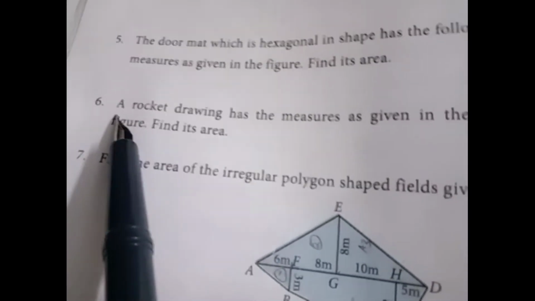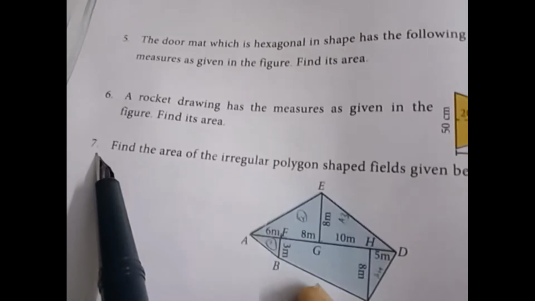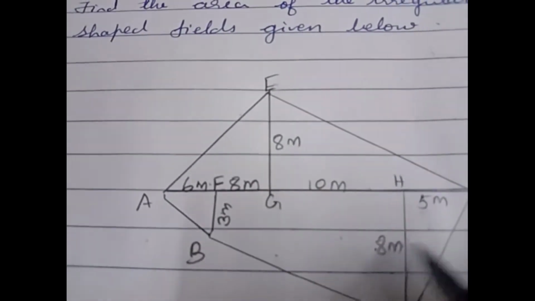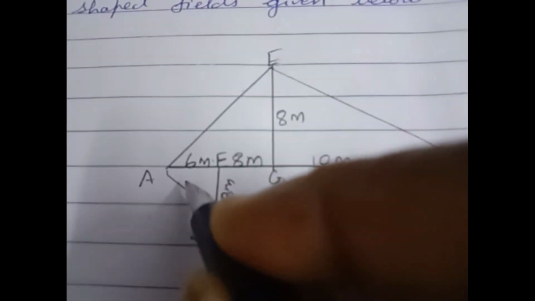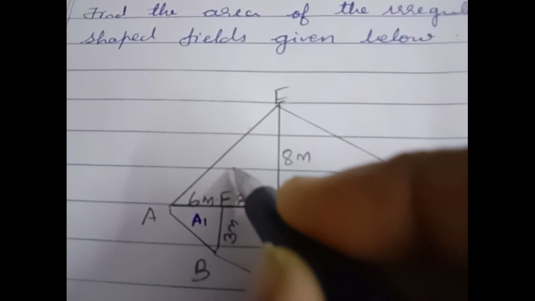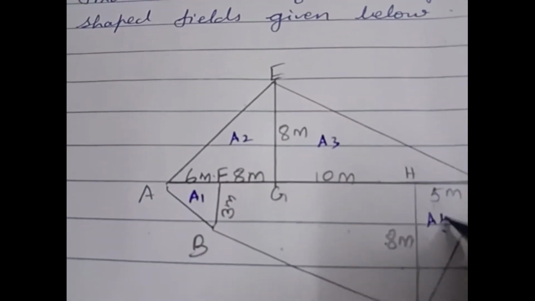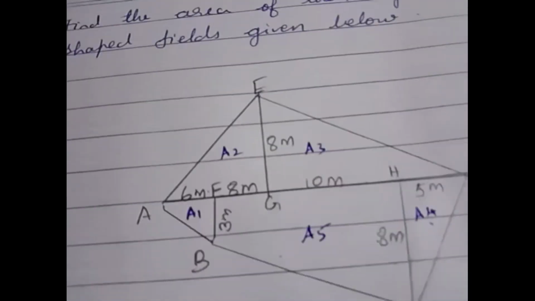Next, sixth one, do as a homework sum. We will move to the seventh question. Seventh one, if you see here, you are getting many figures. First, write down the figure as A1, then this one as A2, A3, A4, A5. So first one,